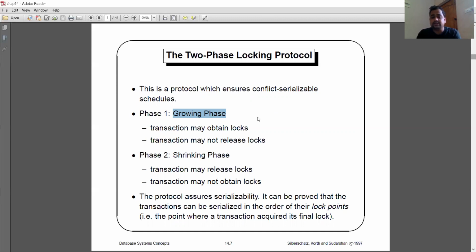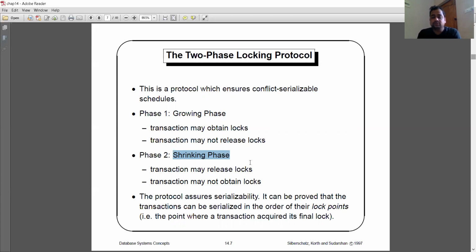The condition here is that the transaction may acquire a lock but cannot release a lock. That means we can put a lock on the data item, but there should not be any unlock operation. But in the shrinking phase, we can release a lock, but we cannot acquire a new lock on the data item.